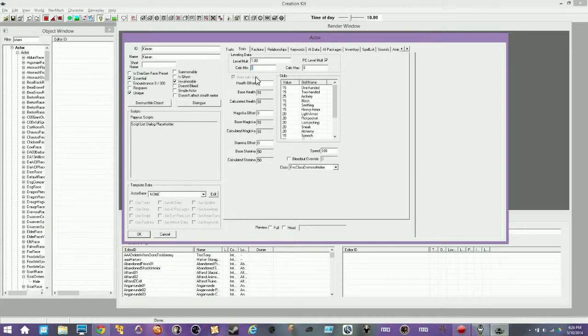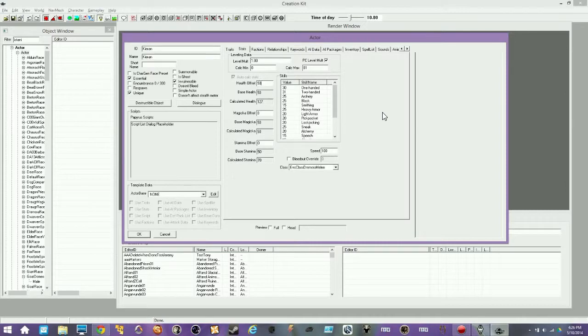Let's start with the minimum level of 8 and have them go all the way up to 81. What I usually do is set the health offset to 50. Since he's going to be an archer, I really don't care about the